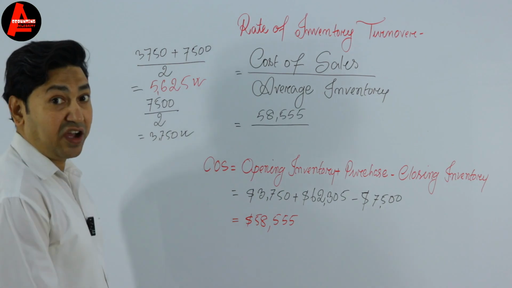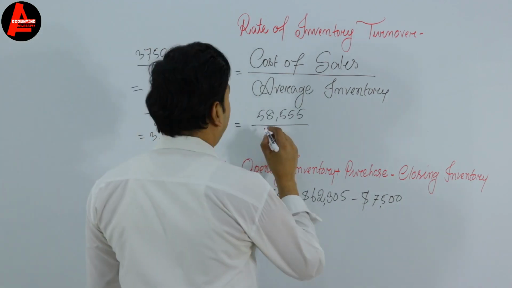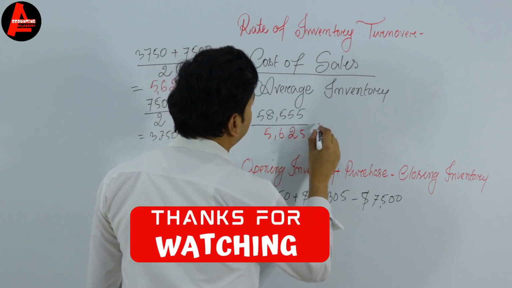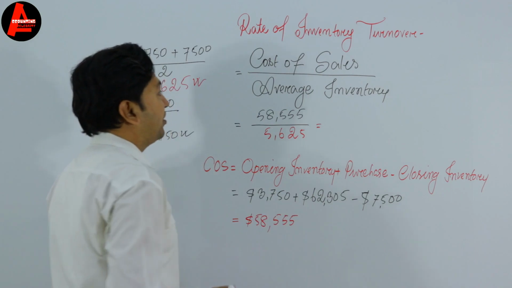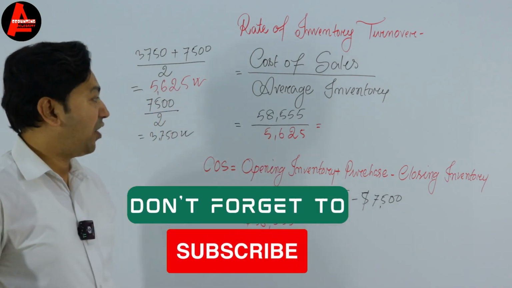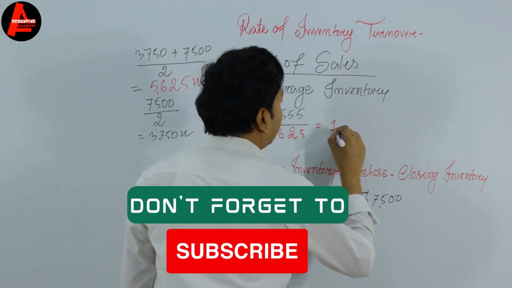Okay, this is our average inventory. So let us write here 5,625. Okay, now if we divide 58,555 by 5,625, we get here